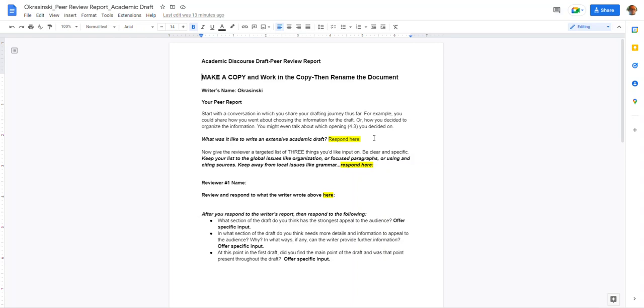About a paragraph would work. Also, you want to come up with 3 things that you feel need attention in your research essay draft. Please refrain from local issues like grammar. Look at organization, paragraph structure, citing sources, all of those other parts of the research essay that are important.